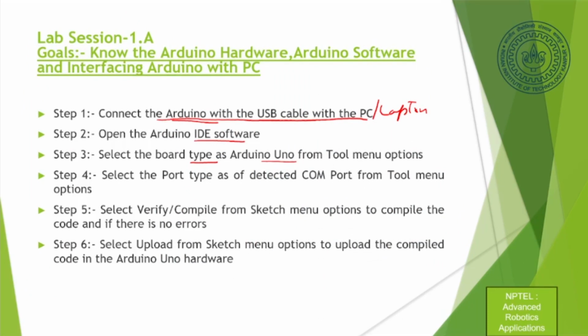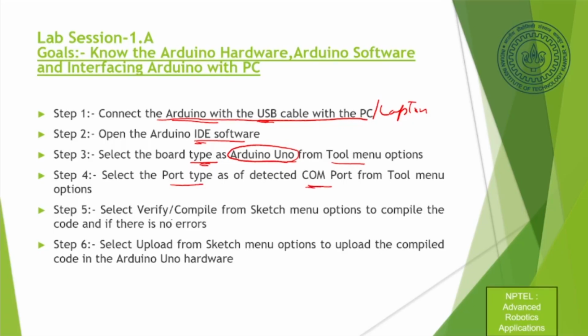First, you connect the Arduino with the cable to your PC or laptop. Then open the IDE software which you have downloaded. Then configure which board type you're using and choose Arduino Uno from the tools option. Then select the port type and it will show which COM port of your machine the Arduino Uno is connected to. Okay. For different machines, it will be connected to different COM ports. Different laptops have different configurations. Okay, so whichever one it is connected to, you can choose that one.